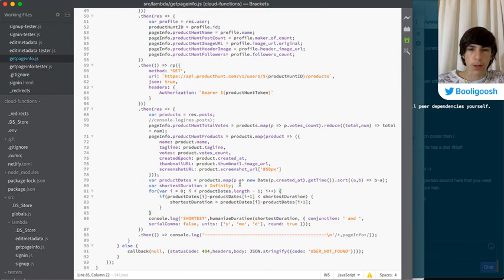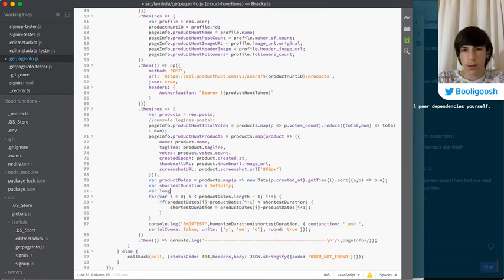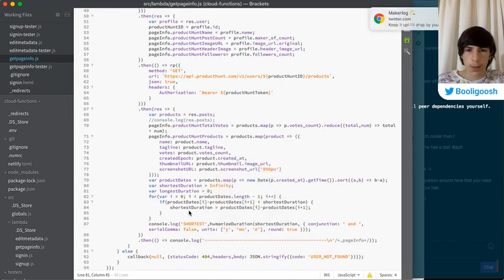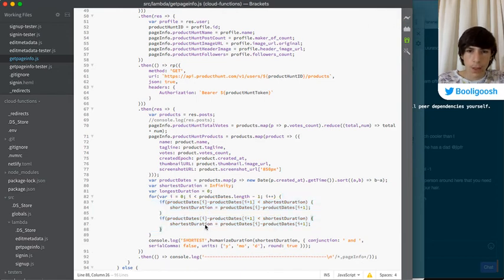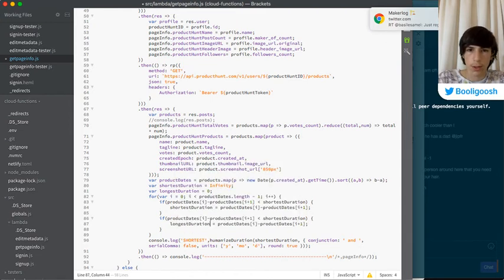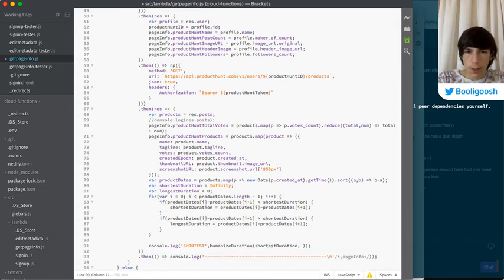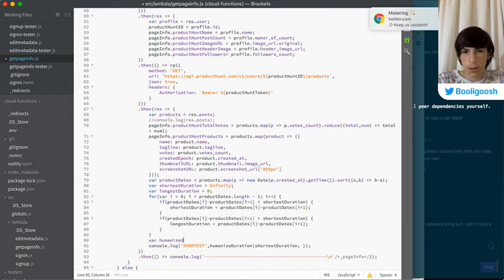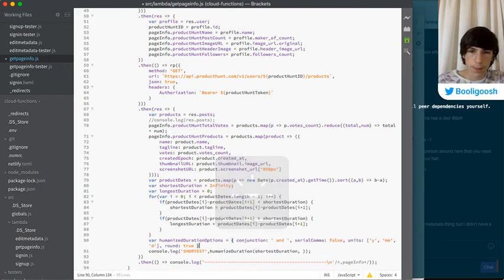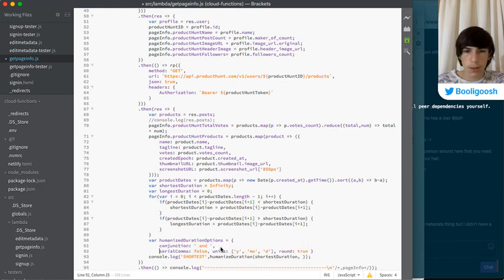Now let's also do longest. Longest duration equals 0. So now we're going to do a similar thing here. Except this is longest duration, and instead it is greater than. var humanized duration options equals, let's put these all on new lines.